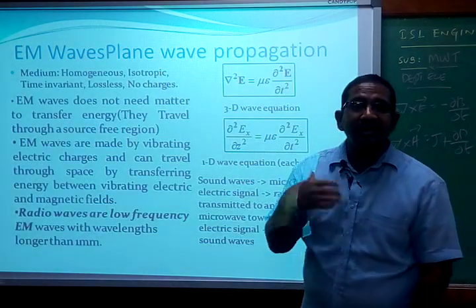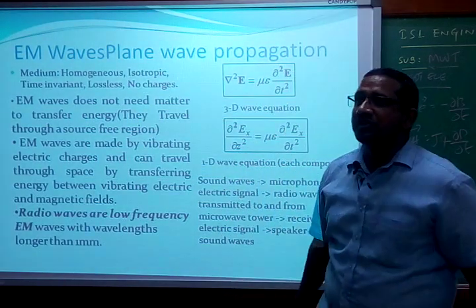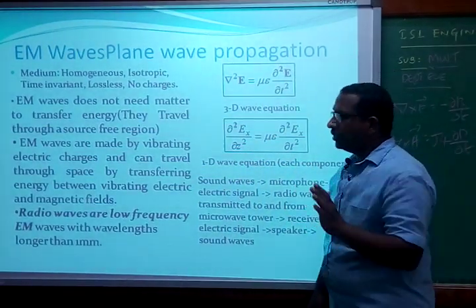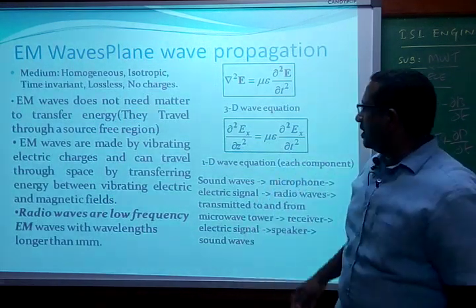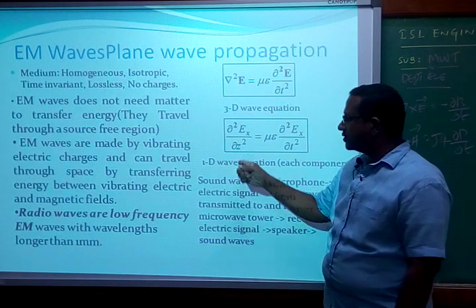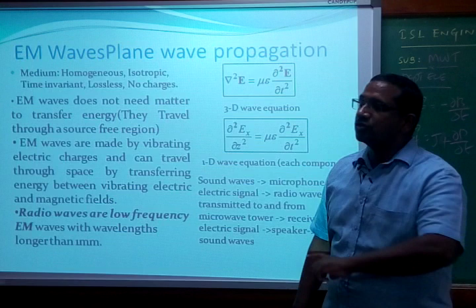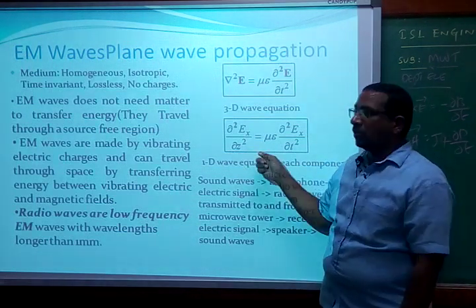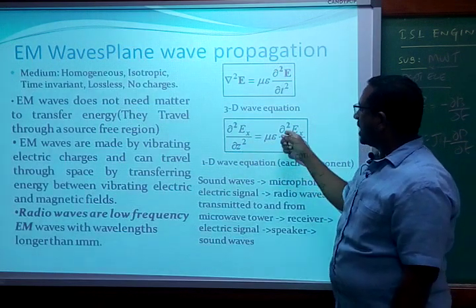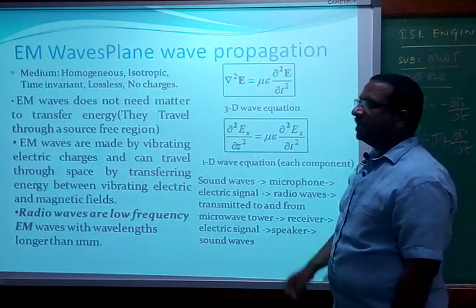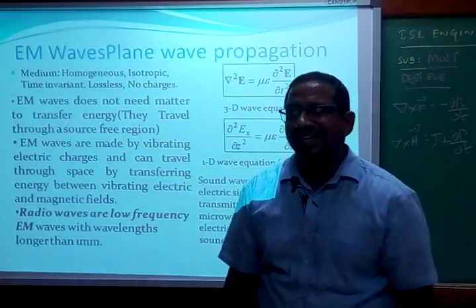See, the domain is now not time domain. Once the antenna radiates a signal, the signal is going in an unguided medium. What is the dimension now in which the wave is going to travel? The wave is going to travel with respect to time or frequency? No. The wave is represented in terms of Z. So it is propagating along the Z direction in the Cartesian coordinate system. If it is another coordinate system, accordingly we write that over here. So dou square Ex by dou Z square, where E I can replace by Ex if I am concentrating only on the electric field along the X direction.